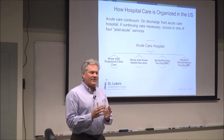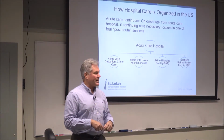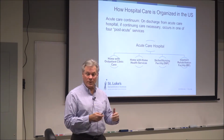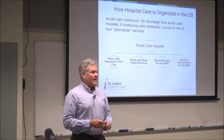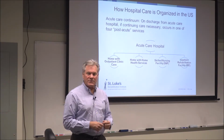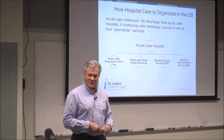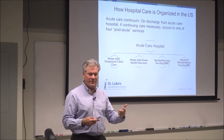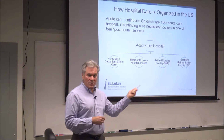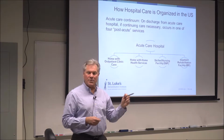possible. And so when people are discharged from acute care, then there are a range of options for where they might go for continuing care. And if their condition is severe enough that they do need to have continuing care, so in other words, most people with a stroke don't just get discharged home with no additional services. There's always some type of follow-up care. That is referred to as post-acute care, and there are usually one of four spots that a person might go to